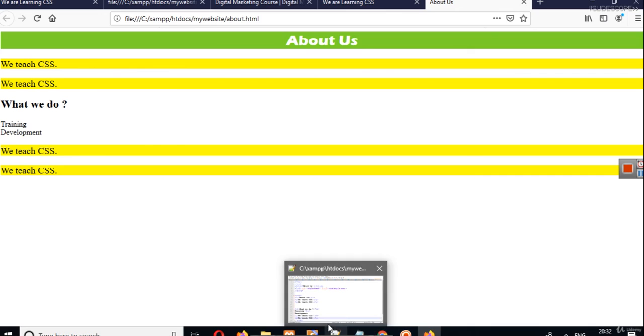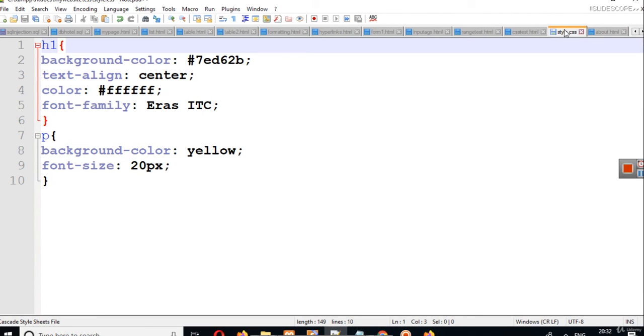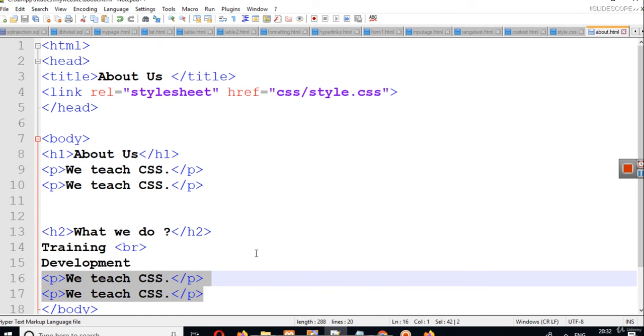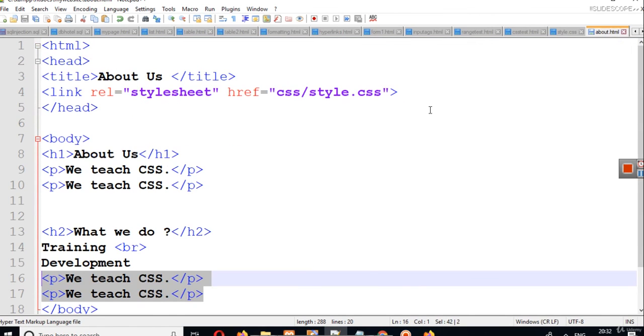By selecting tags, we are saying that we want to make every p with this color. Suppose we don't want these paragraph tags to be styled in that particular way. So in the upcoming chapters we will learn how we can select tags using their selectors.